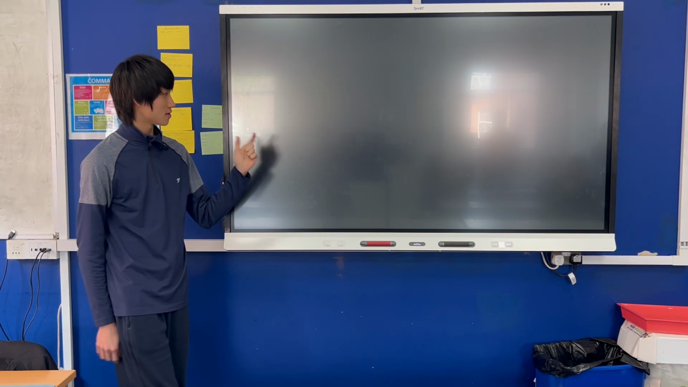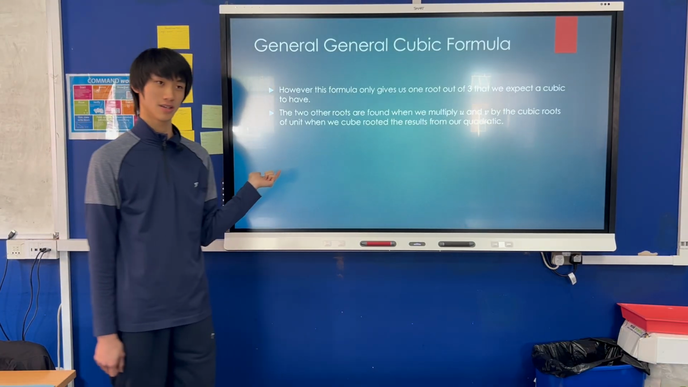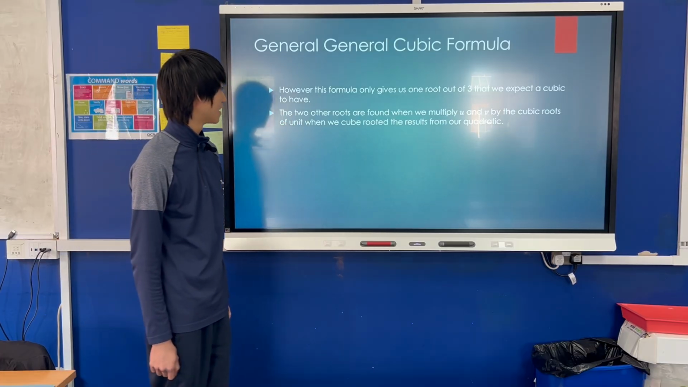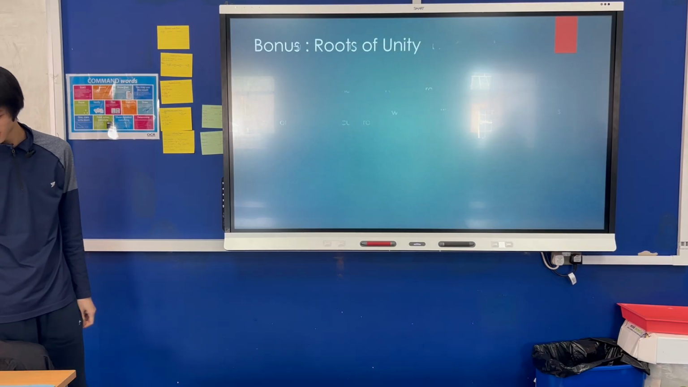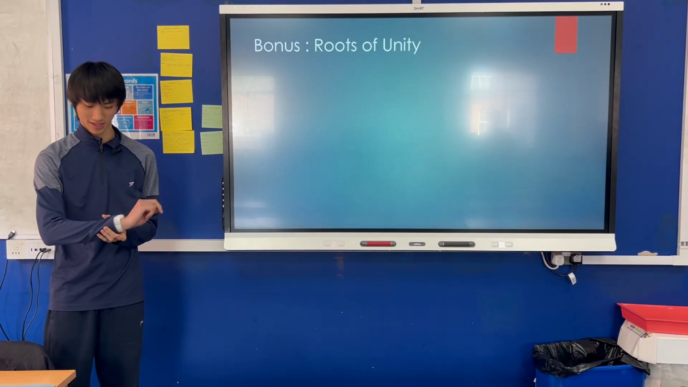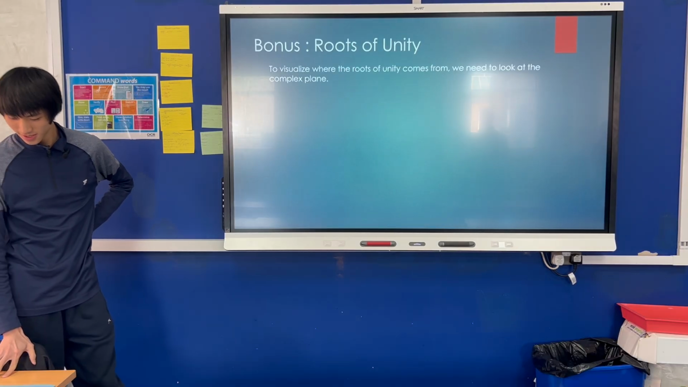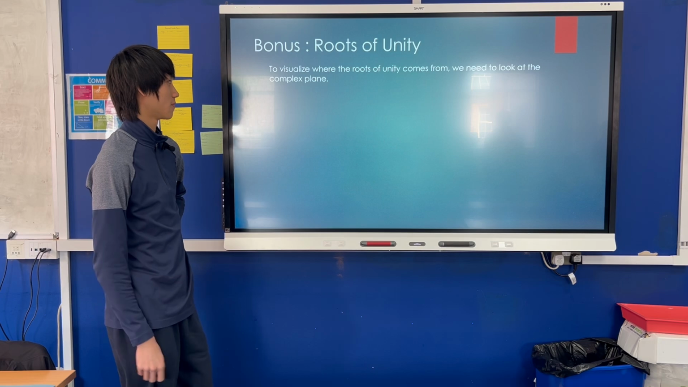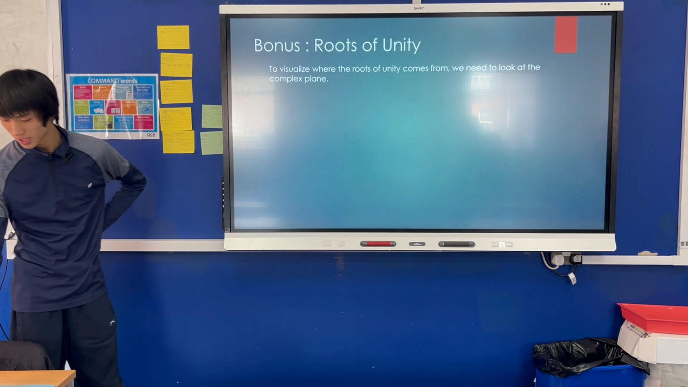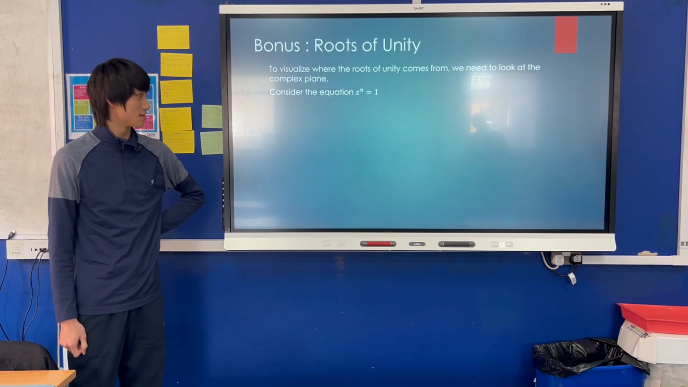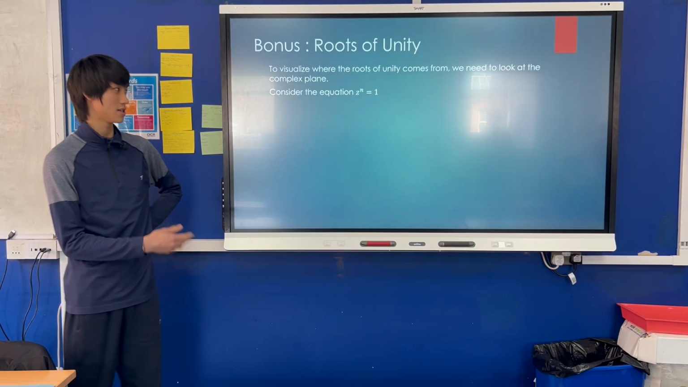So the two roots are found actually if we multiply u and v by the cubic roots of unity. And I'm going to talk about what the cubic roots of unity are right now. So this is a bonus. I think we have the time. So roots of unity. If we want to visualize where the roots of unity come from, we need to look at the complex plane. So if we consider the equation z to the n equals 1, where z is a complex number, you can express z as e to the i